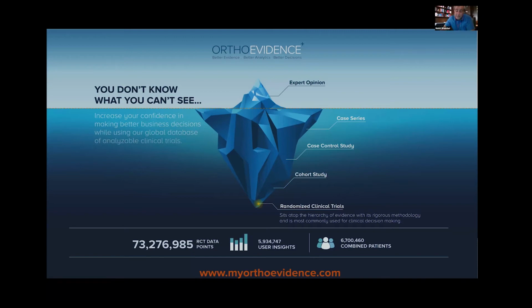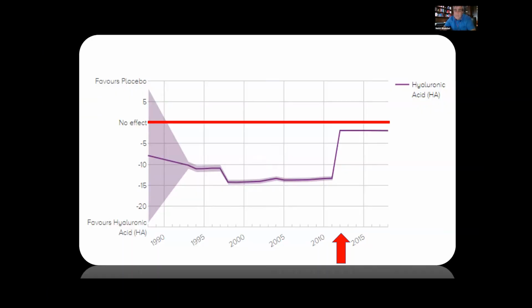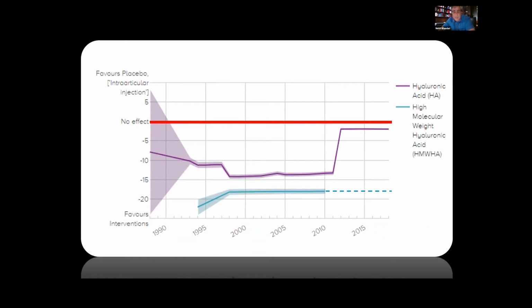And this gets back to saying, okay, we had this information already. On Ortho Evidence, we have a database of trials. This is now some years ago; we're about 130 million data points now. But when we look back, we just did a cumulative meta-analysis. Basically, we looked at every single study and added what the treatment effect was for overall hyaluronic acid over time. Roughly, we see this drop happening around 2013 overall. There's some changes, new data coming in, and we see some things pushing in. That's all hyaluronic acid. What if we had differentiated early on and looked at higher molecular weight? Well, the higher molecular weight seemed to stay pretty stable.